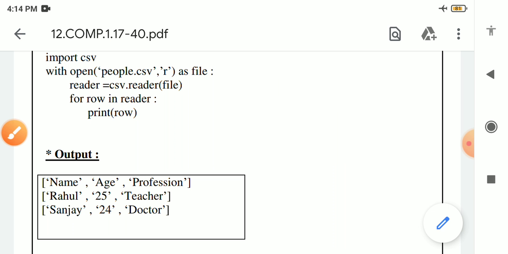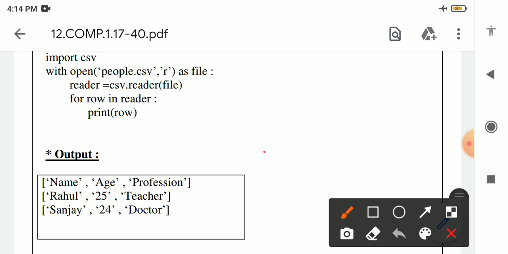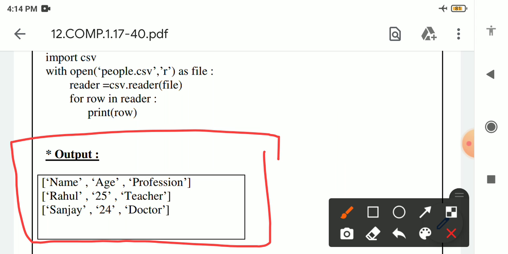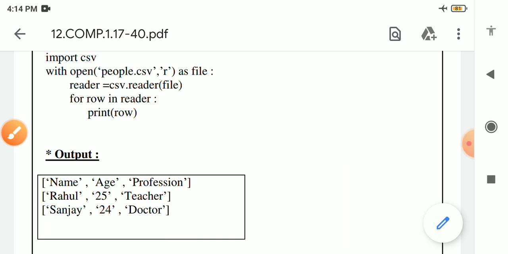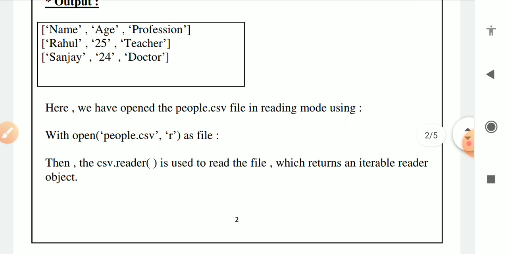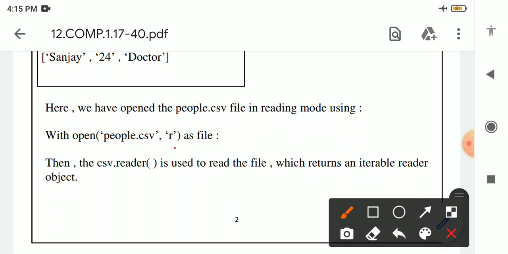In a CSV file, we provide data in the form of a list. That is why we are getting the output in the form of a list. When we read the data or content from a CSV file, we will get output like this in list form. Here we have opened the people.csv file in reading mode using this R. Here we are using which function? Open is a built-in function. So this is the complete with statement.